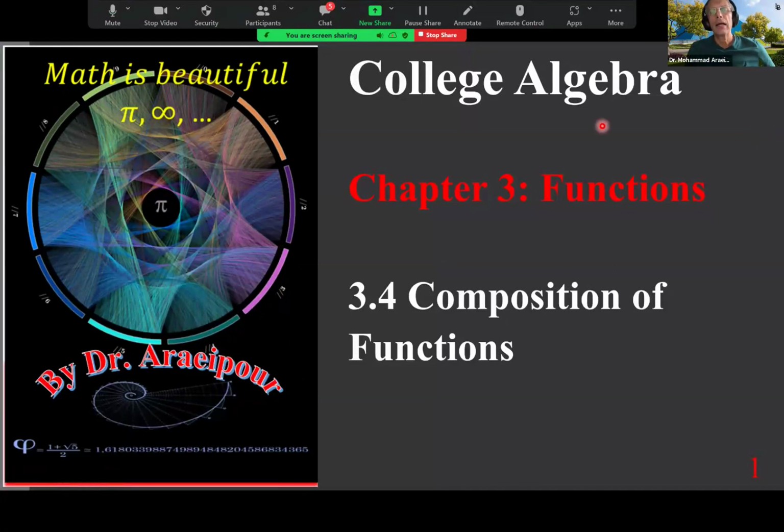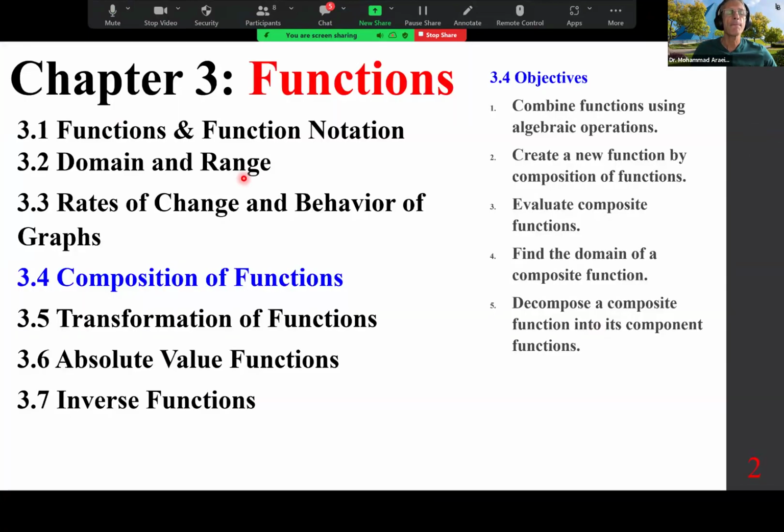Good morning, class. Here's chapter 3, functions, section 3.4, composition of functions. So we've covered sections 3.1 to 3.3: functions, function notation, domain and range, rates of change and behavior of graphs, and